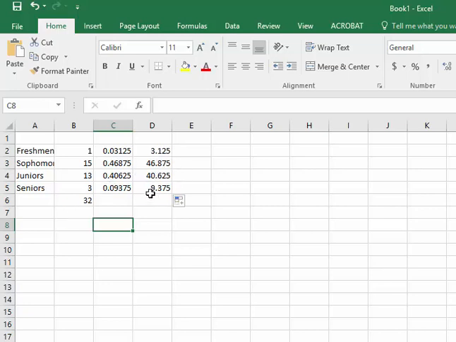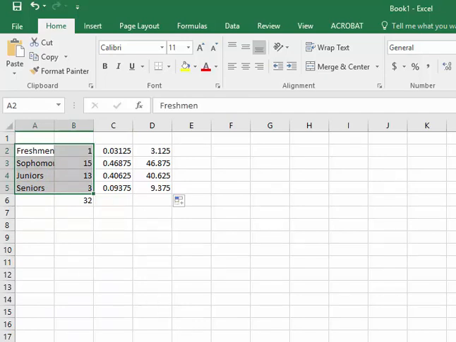These, it's kind of interesting, these almost add to 50-50. The 40.6, the 9.3, those add up almost exactly to 50%. The 46.8 and the 3.1, those add really close to 50%. That makes it not too hard to draw by hand, close to half the circle. But again, if I want to do it with